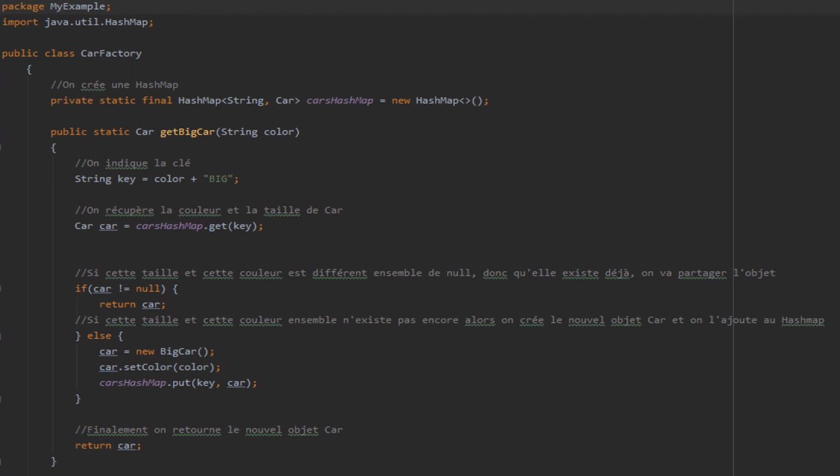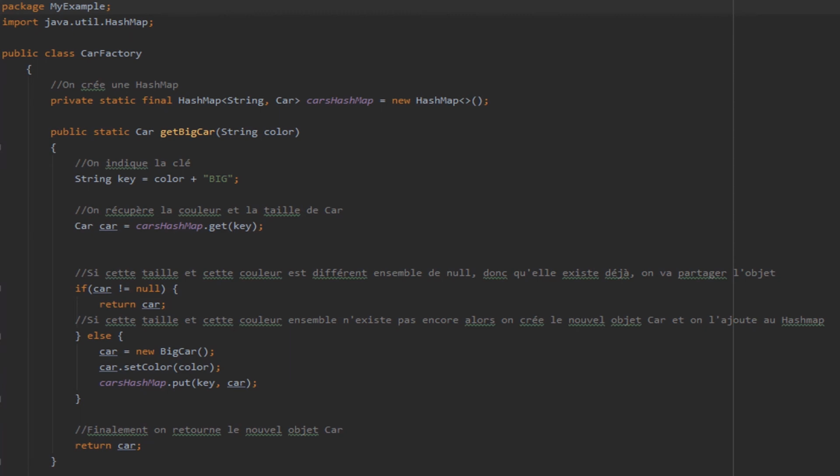We set a String called key, which is composed of the color, the argument of the method, and the size of the car, which in this case is big, because it's a getBigCar method. Then we check in the HashMap if a car with this size and this color exists by using the key, and we put the result in a Car object.